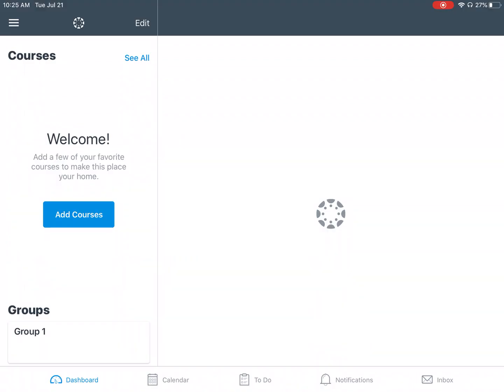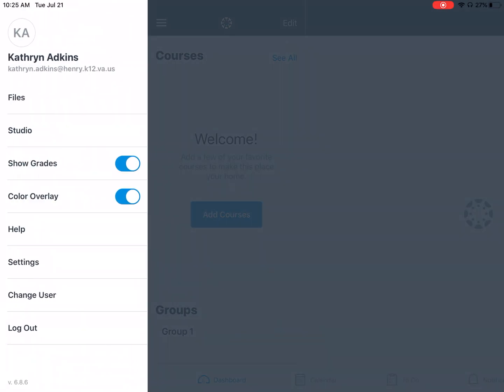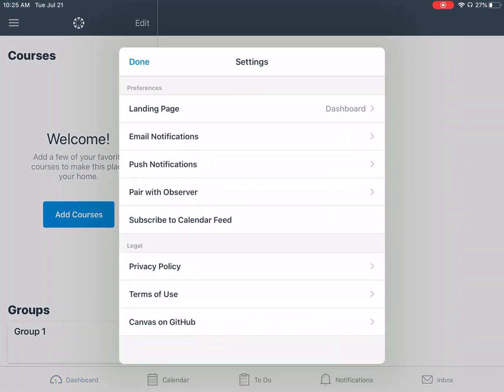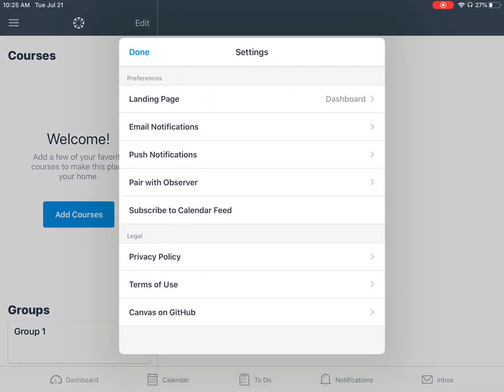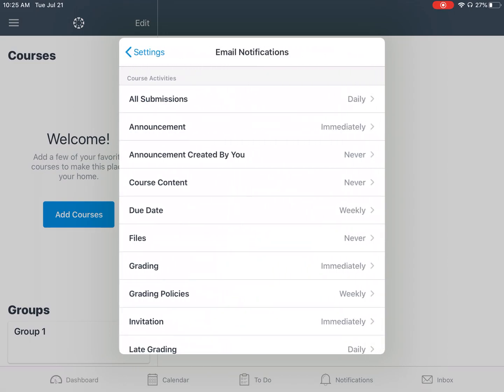After you've logged in, you can see all of your courses, your calendar, your to-do list, your notifications, and your inbox. The very first thing you're going to want to do when you first get logged in to Canvas is to change your settings so that you have the correct notifications. So once you get logged in to your settings, you want to make sure that you have the appropriate notifications on. So the notifications that we suggest having on specifically for your email notifications